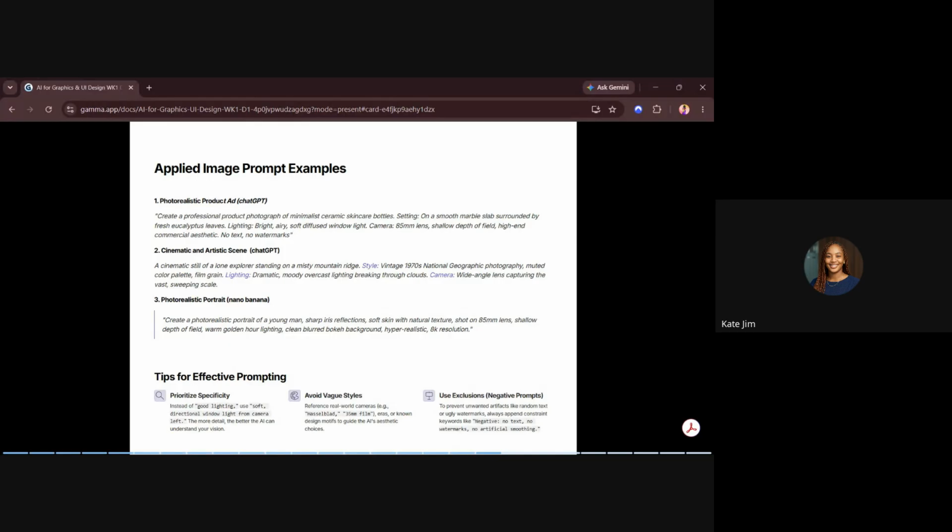But if you don't want it, you can just say smooth. If you want plastic, you can change the prompt from on a smooth marble slab to on a plastic surface. You understand? I know maybe you're looking at the ones that we use in Nigeria. Mostly we use plastic things, so you can change it from smooth marble slab to plastic, and then you get your plastic one. You can try that. I hope you can hear me. It's based on the prompts we gave. That's why we're having this.